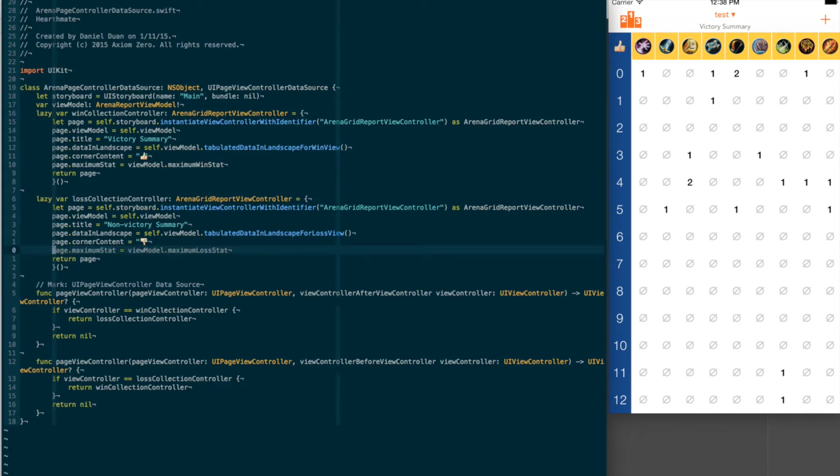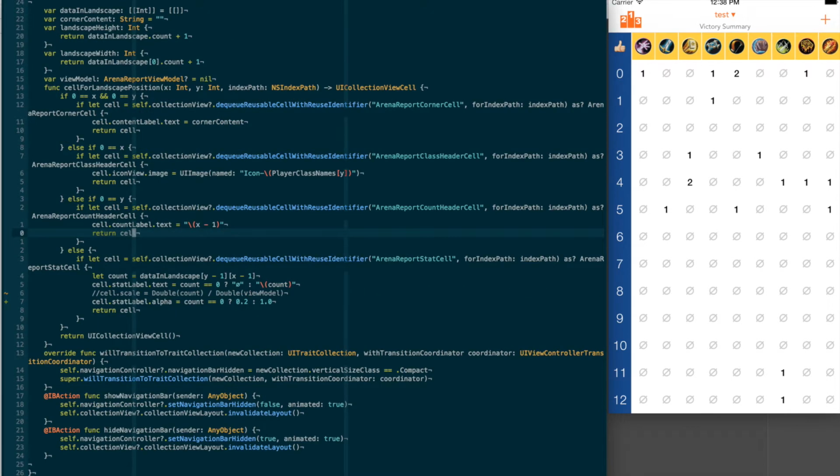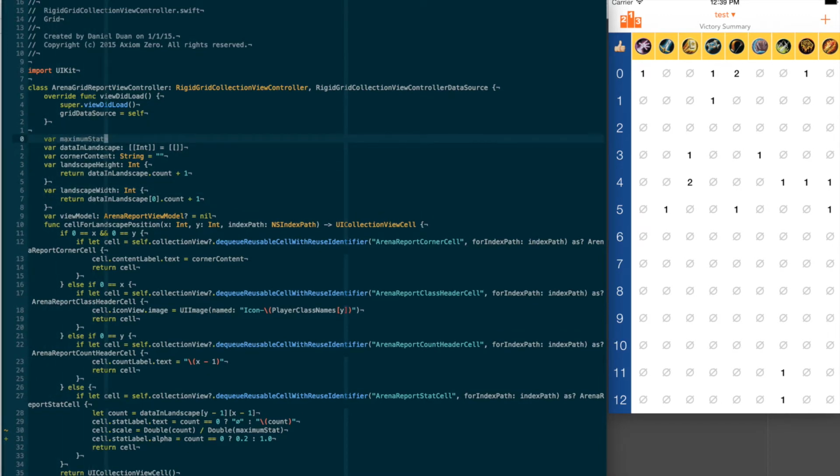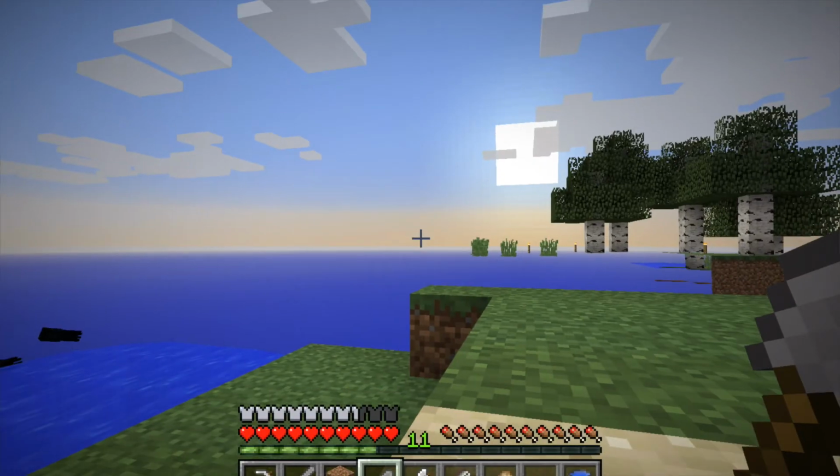Okay, now we can go back and simply use the maximum stat. Why is this double word not highlighted? I don't understand. Well, anyways,